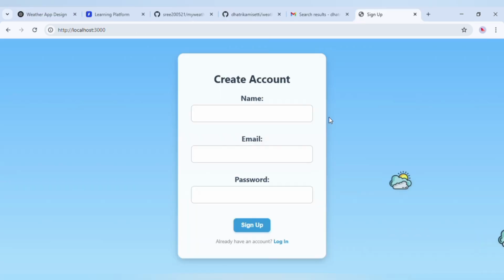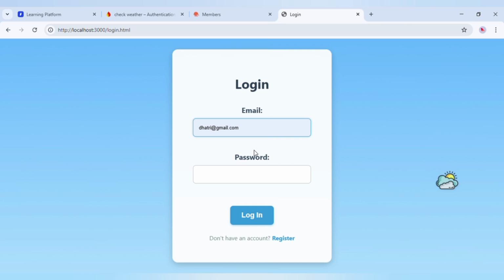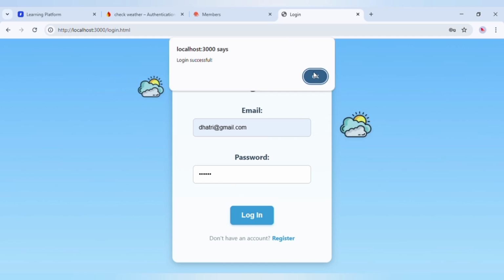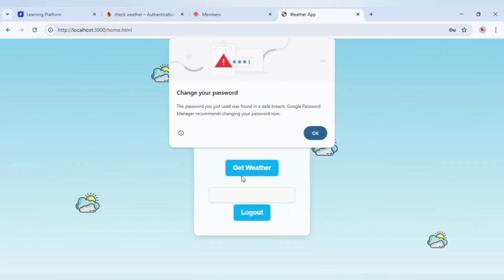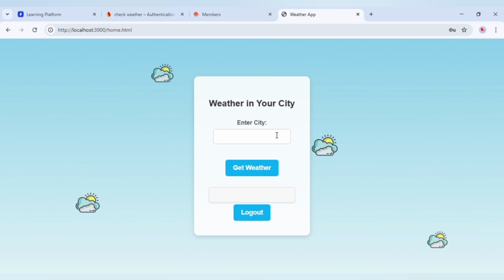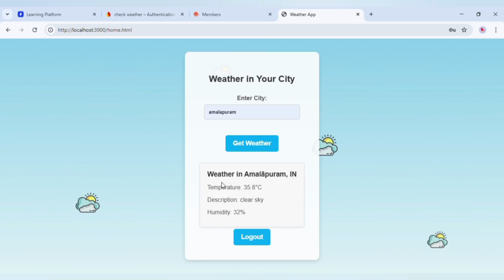And now let us observe the sign up functionality. I'm giving a name, email and password, and then sign up. It is the sign up functionality. And now coming to login functionality. Now let me show you the login functionality of my web page with the already signed up email and password. Here we can see the output, I'm giving a city, Amalapuram, and the output is weather in Amalapuram, temperature,